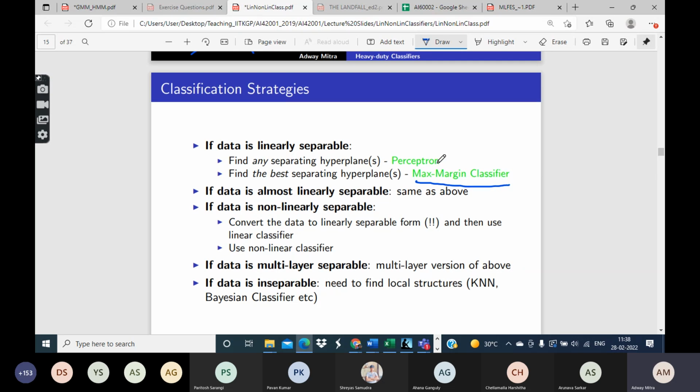Perceptron is saying that it is enough if the linear structure is able to classify all the training examples correctly. That is, all the training examples of class 1 will be on one side, and all the training examples of class -1 will be on the other side. In the second case, I am saying that is of course necessary, that's the mandatory criterion, but that's still not enough. I also want a classifier for which the margin with respect to the negative and the positive classes is maximum.